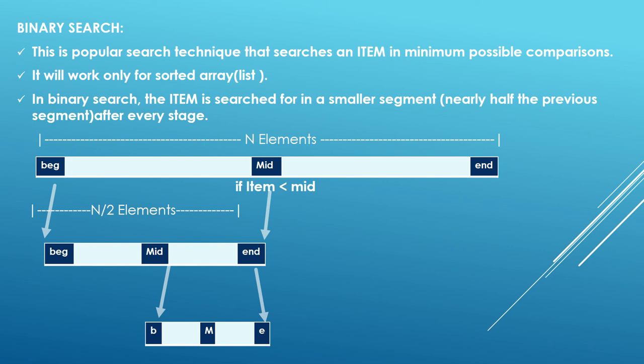So what do you mean by linear search? Linear search is nothing but where I take the first element and then check. For example, I am having a list of admission numbers, and I'm looking for one particular admission number. I want to check whether this admission number is present in the list of admission numbers of my class. In that case, I will be checking one by one: the first admission number, second admission number, and so on. If it is matching, you will say it is present.